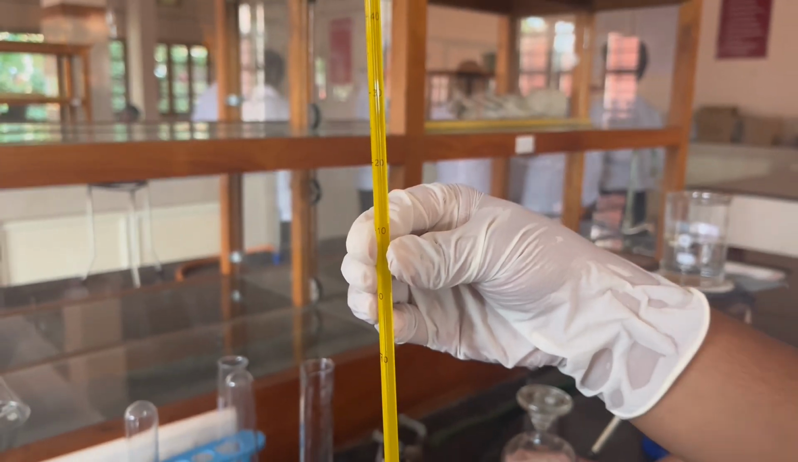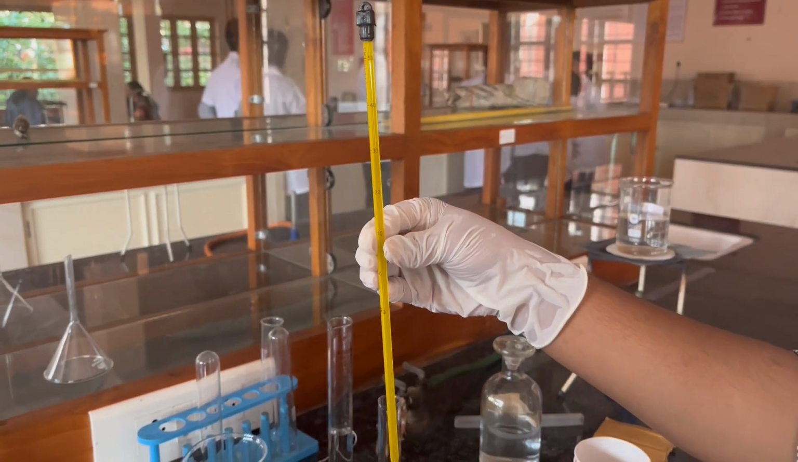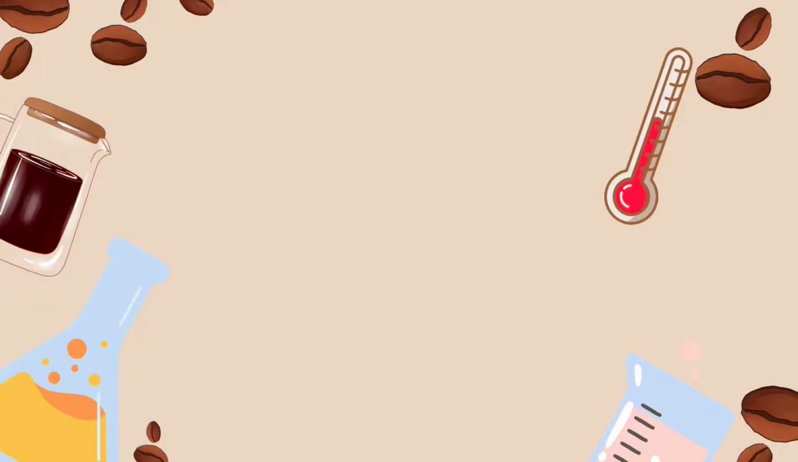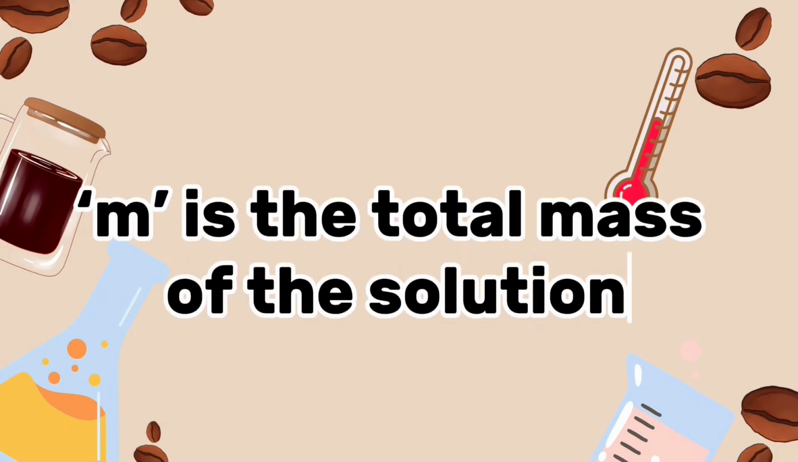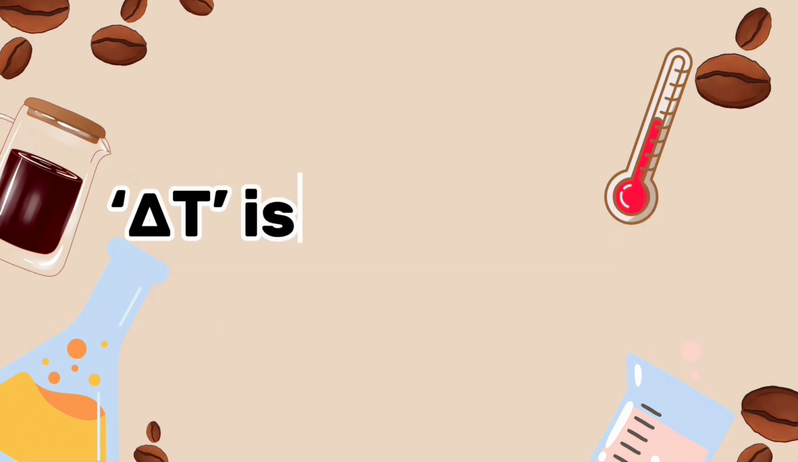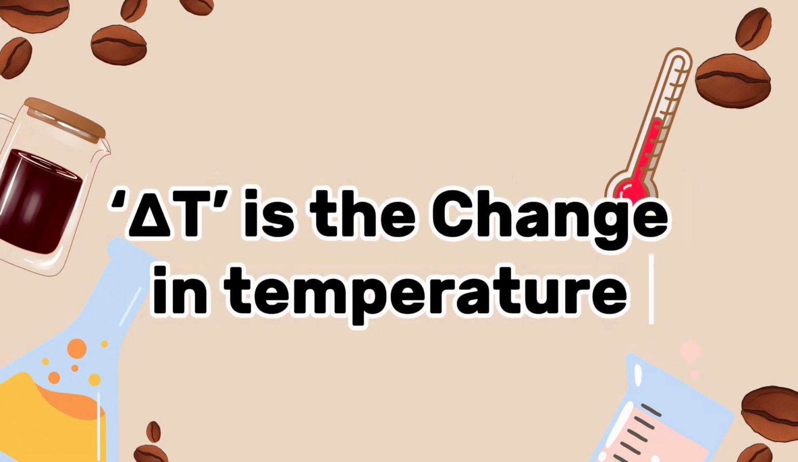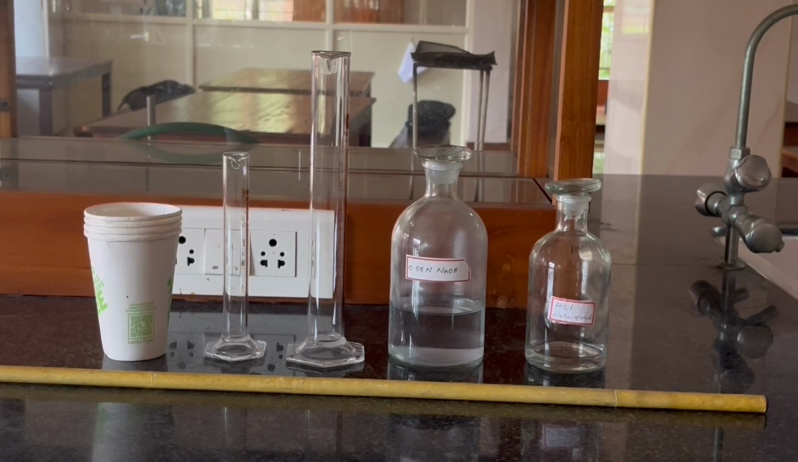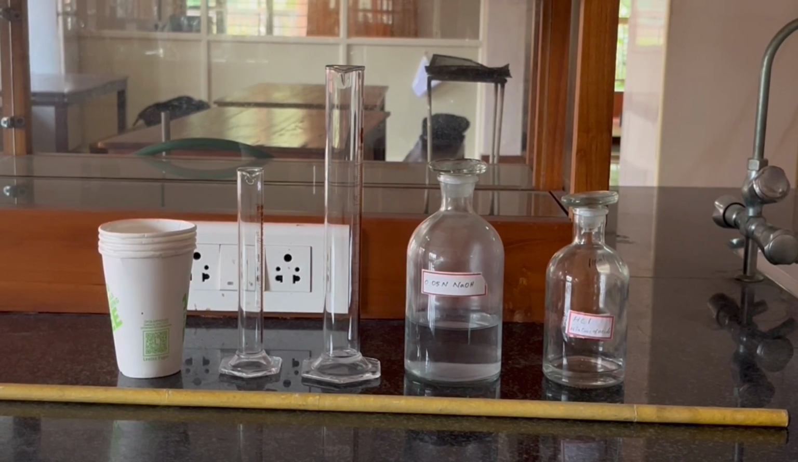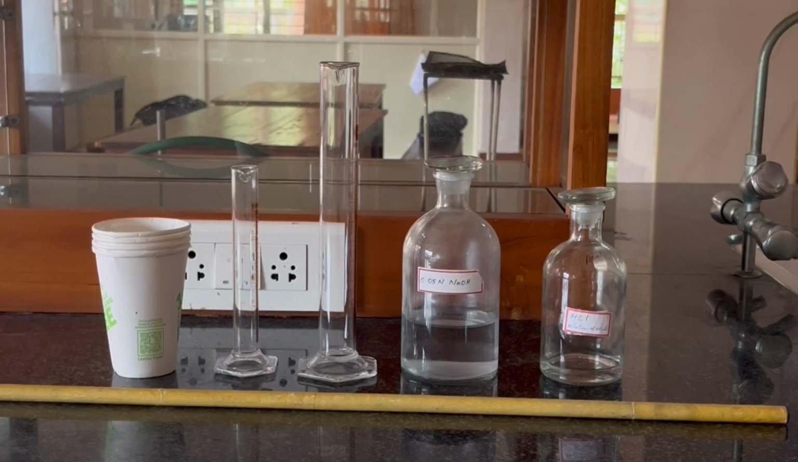Record the final temperature and use the data to calculate the heat evolved during the reaction using the formula Q = m × C × delta T, where m is the total mass of the solution, C is the specific heat capacity, and delta T is the change in temperature. This simple calorimeter setup allows us to estimate the energy change during an acid-base reaction in a controlled and safe